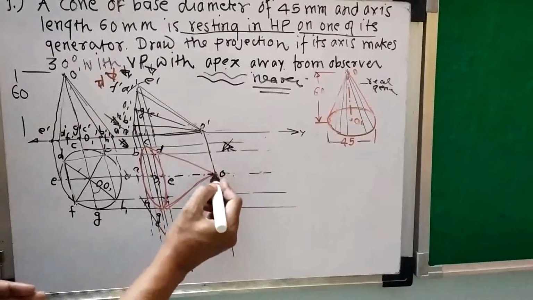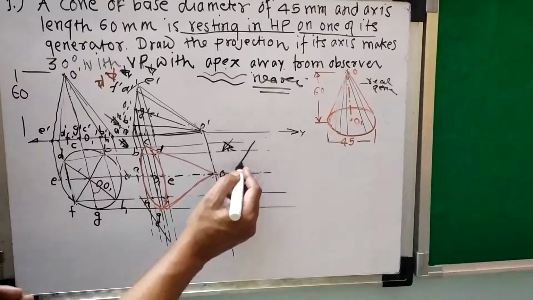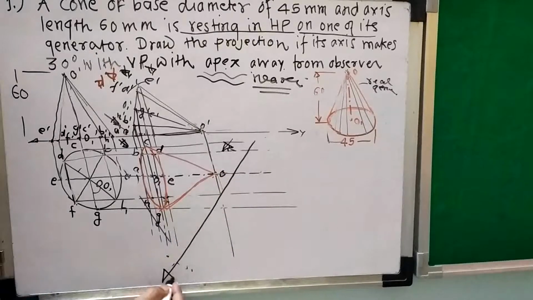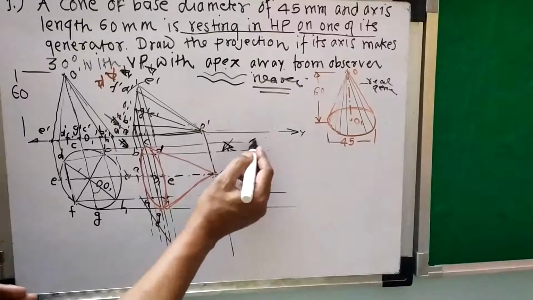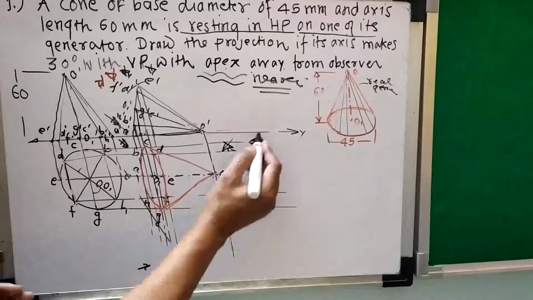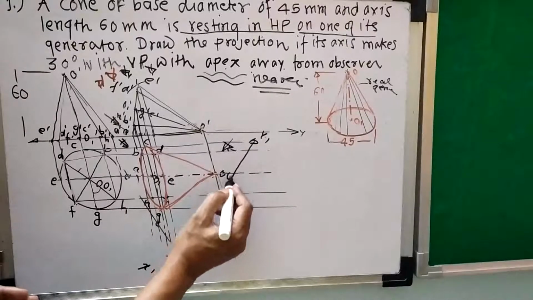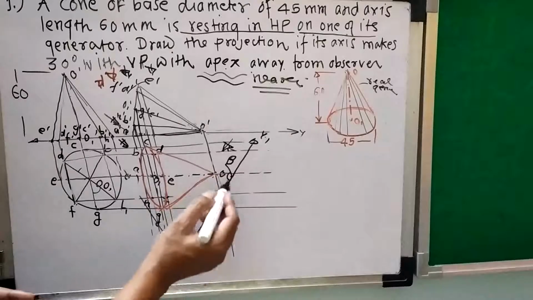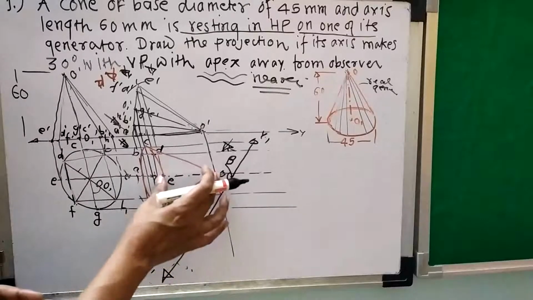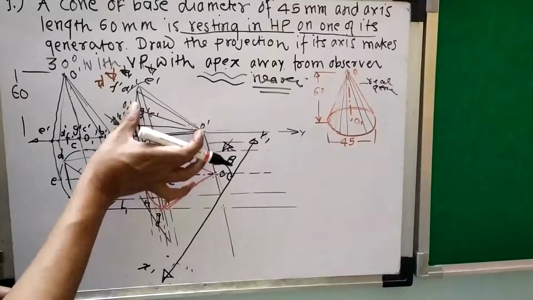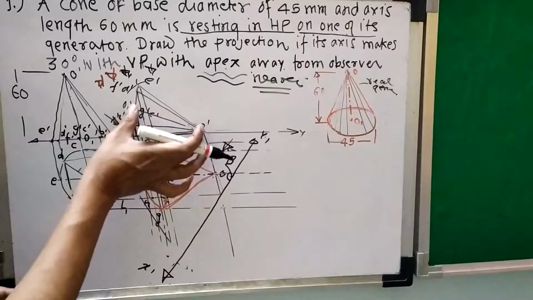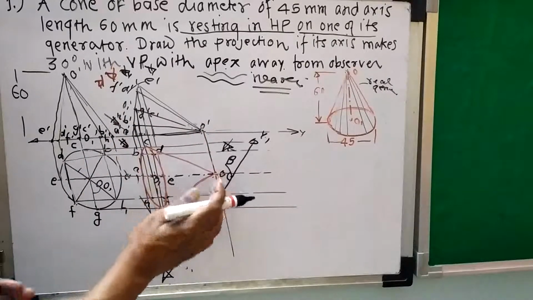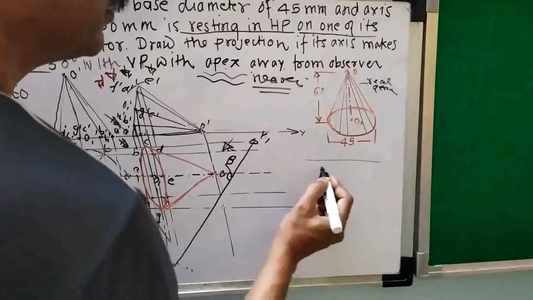For that case, I will extend this line and take an auxiliary plane here to this axis, right? Now this inclination will be the beta angle. Why is it the beta angle? Because this axis is the apparent axis and this axis is the true axis. The true axis inclination cannot be used for the apparent axis. So I will find the beta angle.